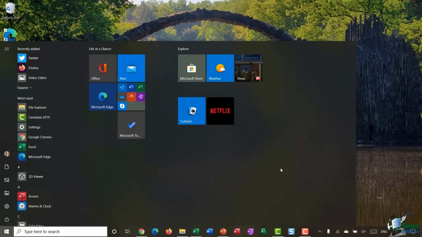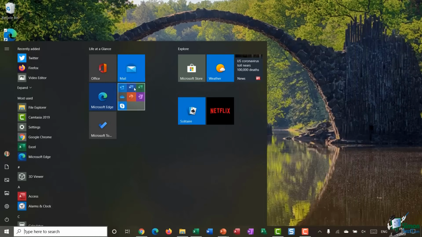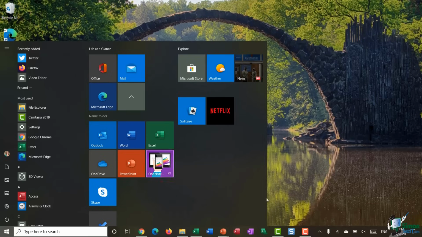I'm also going to unpin HP JumpStart and also McAfee. So very quickly, I've streamlined what I'm seeing on my tiles. Now here you can see a tile that contains lots of my applications, and these are probably the applications I use most often. They're all in one tile because this is essentially a tile folder. If I click on it, it's going to separate out all of those applications, and you can see just above, it now says name folder. So I'm going to say Microsoft Productivity